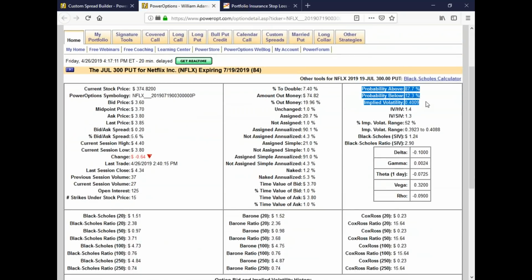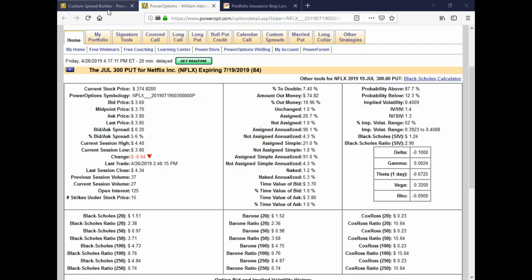And I was way off. The probability the stock will be below 300 for the maximum profit is only 12.3% to July expiration. Of course, you've got a very low delta here, as in other situations. So it has a powerful risk-reward, if that's what you're looking for. Meaning, in that sense,